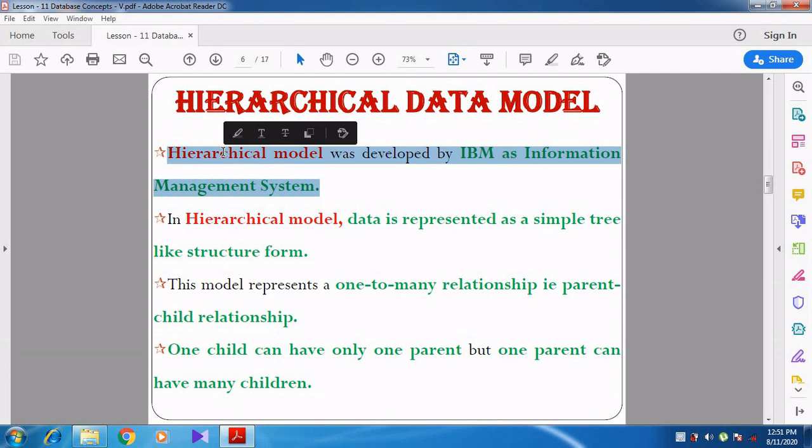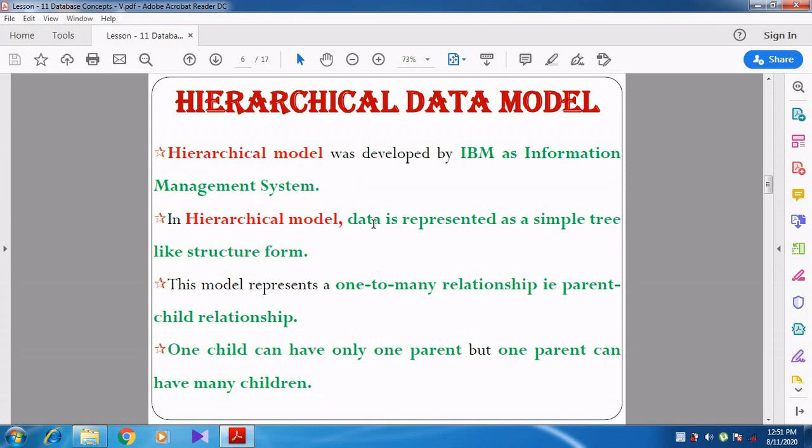In this model, the data is represented in a simple tree-like structure form.